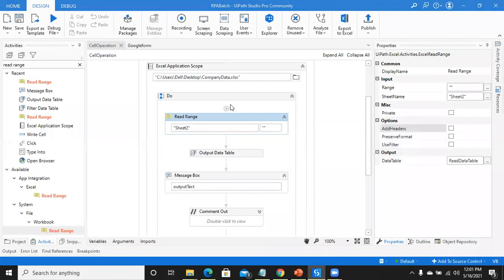First is the sheet name of your Excel file. Second is the range of your Excel file. And then the output that you need to put as a data table. Understood? Yes, sir.